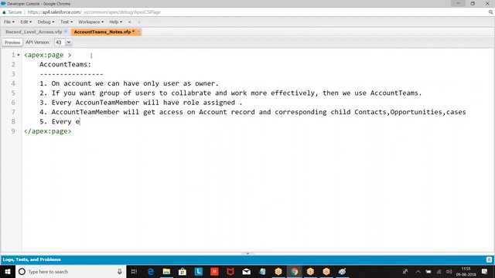Every user can have one default account team.